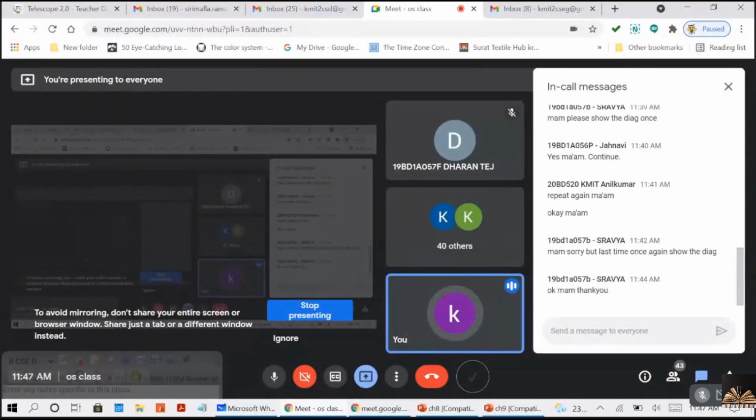Page number generate చేస్తుంది. If that page is not available, normal గా available ఉండదు initial గా. When that is not available, that situation is called page fault. When the CPU is asking for some address, then if that particular page is not there in the main memory, that is called page fault. So a page fault will be created.